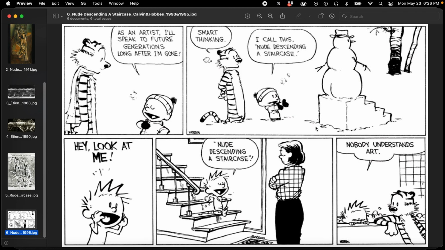Very tongue-in-cheek. This is my childhood. I love Calvin and Hobbes. All right. But, so this was 95. This one was 95. This one was 93, if I remember correctly. All right. So,